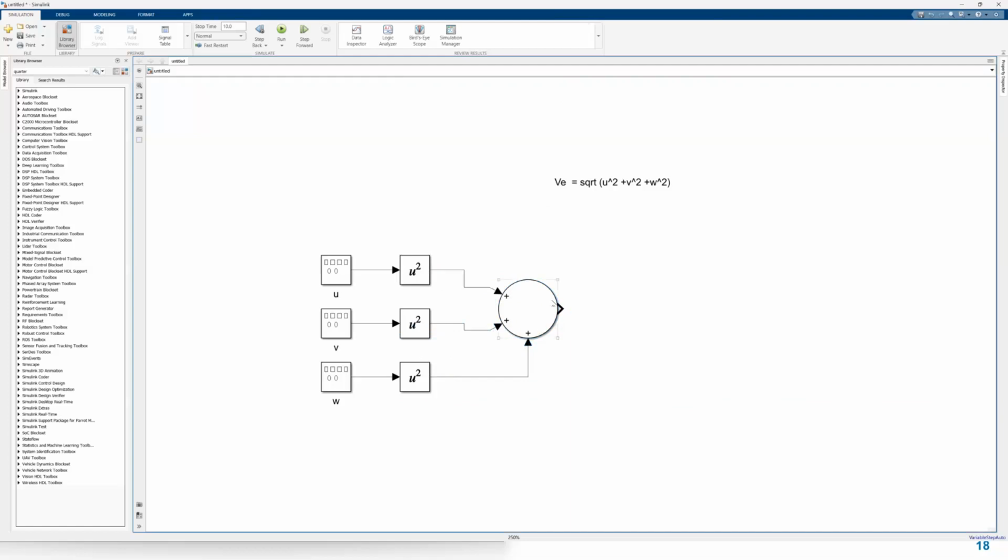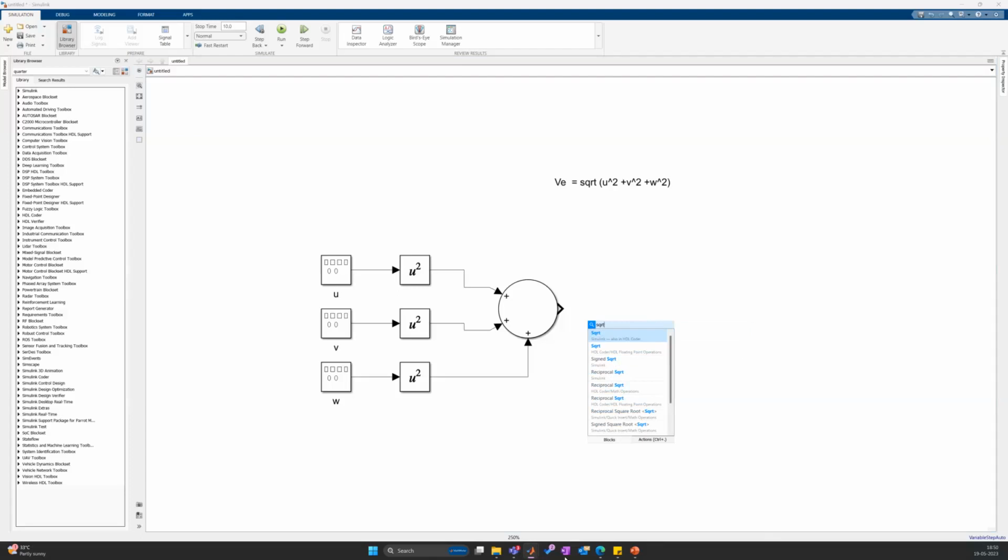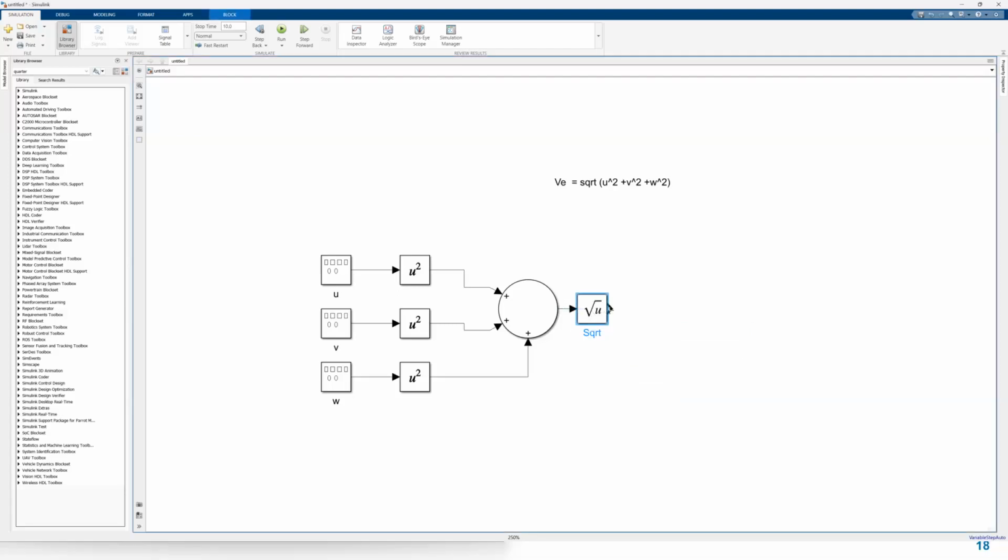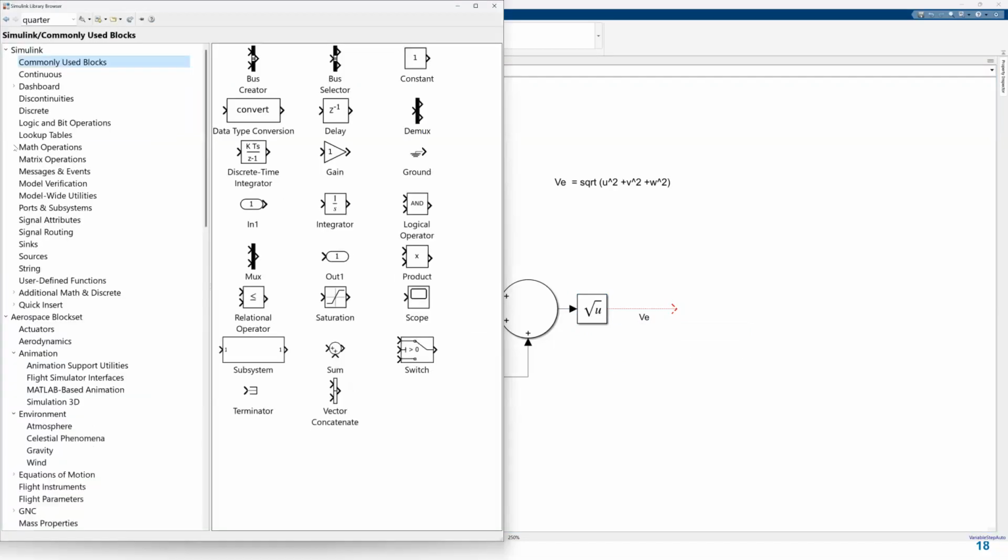Now we have connected the signals, and we need to do the square root. So let's do it. Okay. So the final signal we would be getting from this would be, what? It would be VE. Okay. Now we need to visualize this. So for this, we can go to the Simulink, and let me bring my library browser here, and we